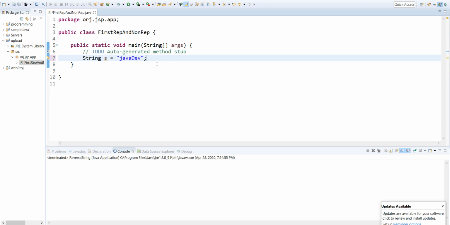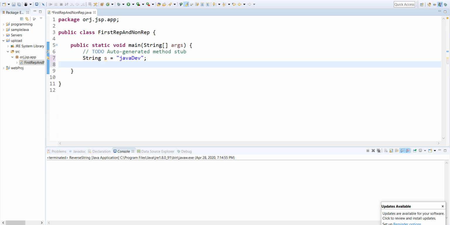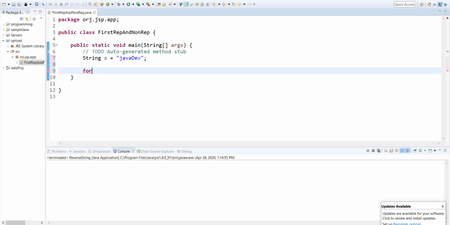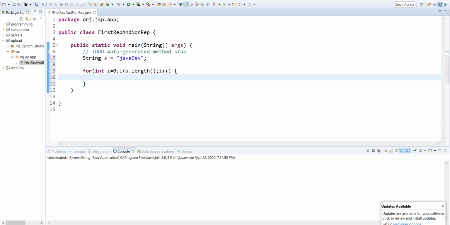To get that, initially we should get the occurrence of the character. To get the occurrence of the character, we need to iterate over all the characters in the string. For that, let us write the for loop. The for loop I need to write from the first character to the last character. So I am starting with 0, meaning index number 0, referring to the first character, and the last character will be s.length() - 1. I have written less than. Later let us increment the variable. This is to get the occurrence of the character.